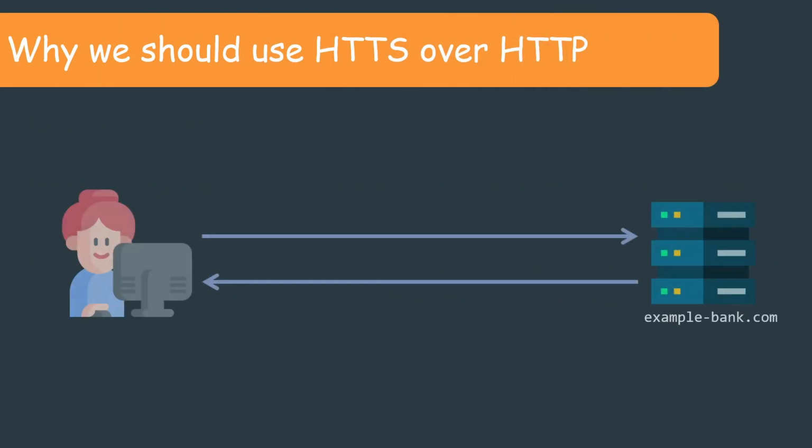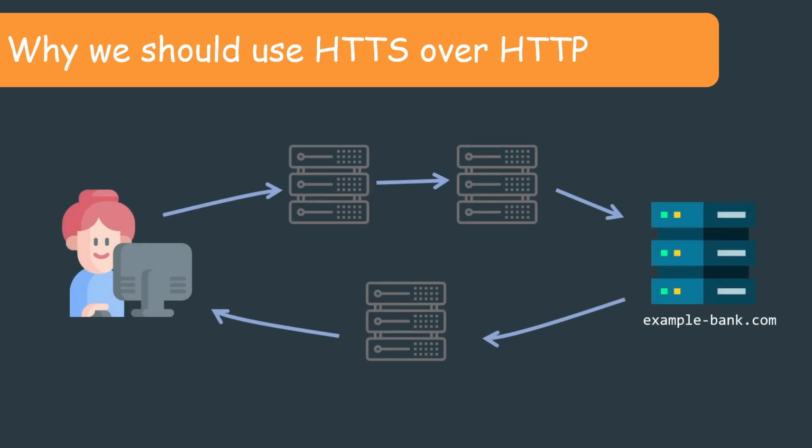Now let's see why we should use HTTPS over HTTP. Almost all communication on the internet happens over HTTP or HTTPS protocol. But when we try to connect to any web application, communication does not happen between client and application server directly. It's handled by multiple third parties. Hence, anyone sniffing on HTTP network traffic can intercept it and cause various attacks. For example, steal users' credentials, man-in-the-middle attack, session hijacking attack, protocol downgrade attack.